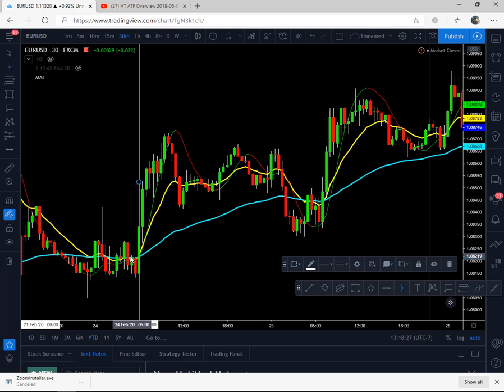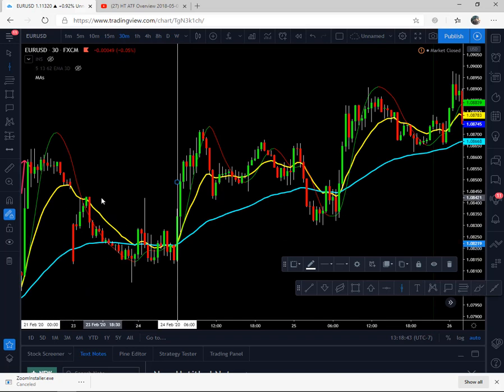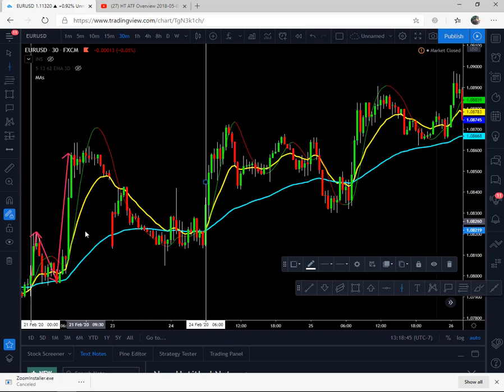So because of that 13 62 cross, this was an indication of a new trend direction, or a continuation of previous direction,